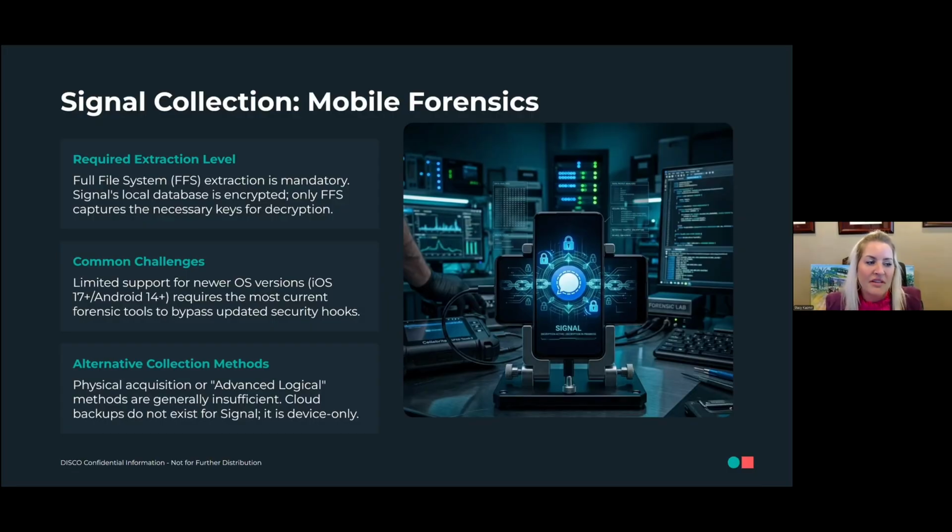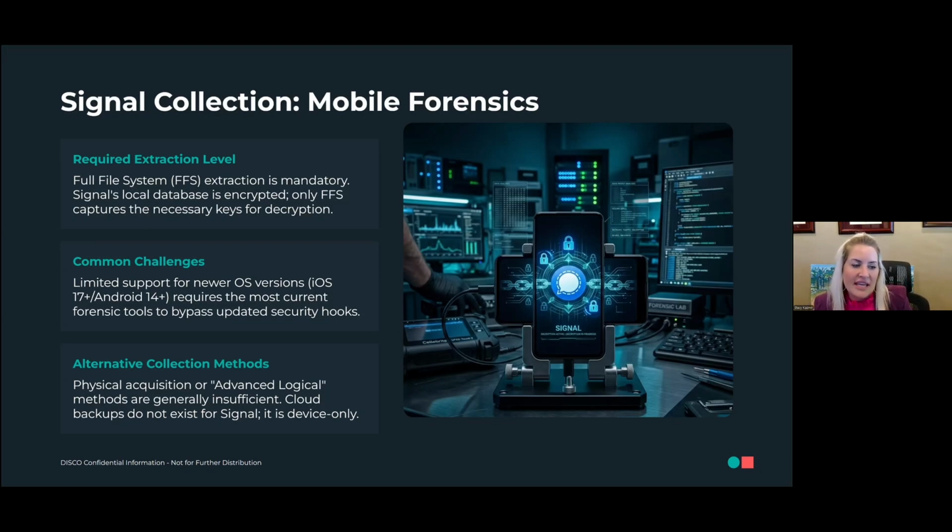Okay, so that's a challenge that we face. So sometimes we have to wait, twiddle our thumbs, wait for Cellebrite to get a patch to support that iOS, and then we're like, all right, client, we can move forward. Make sure that your custodian turns off their automatic system update so that it doesn't update to the latest iOS or another iOS when they come out with one, and it just makes sure that we can get what we need to obtain Signal.